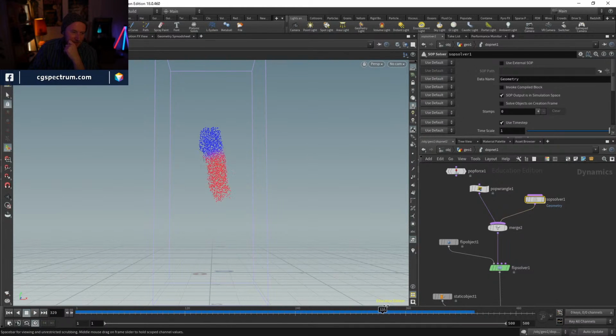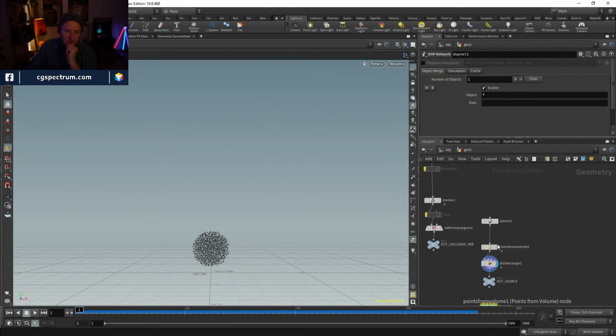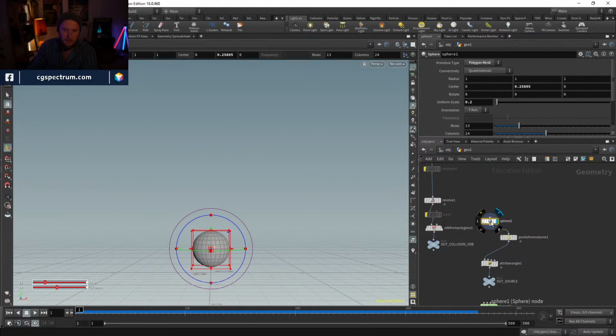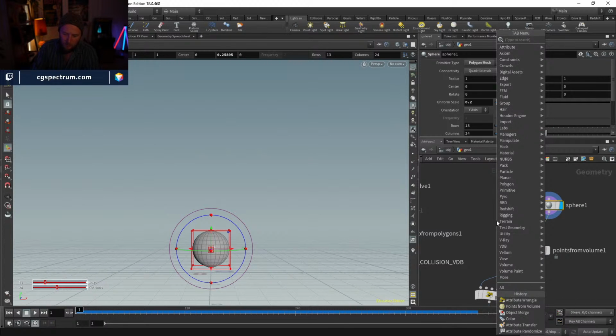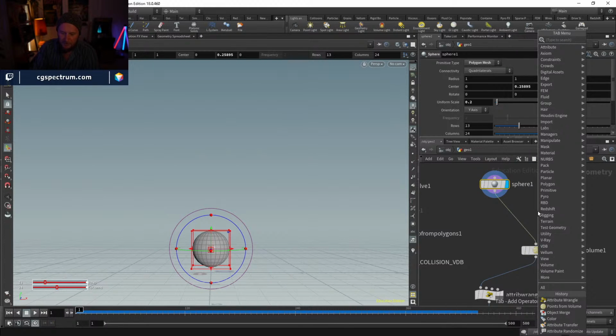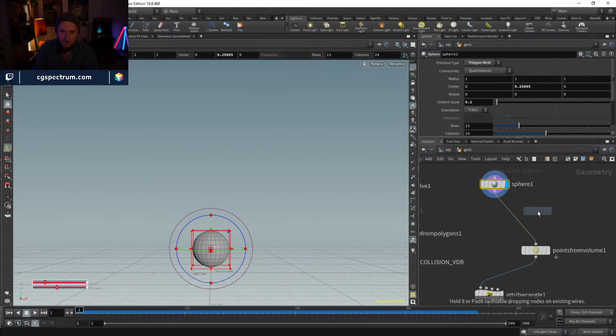All right, so I mean, this is cool. It's working. It's not doing the blobbing that I kind of really want to see, but it's something. It's there. And I could potentially change my source as well. Like I could change this to be multiple spheres. So maybe I create a couple of different ones, or perhaps within this one I do a points from volume,